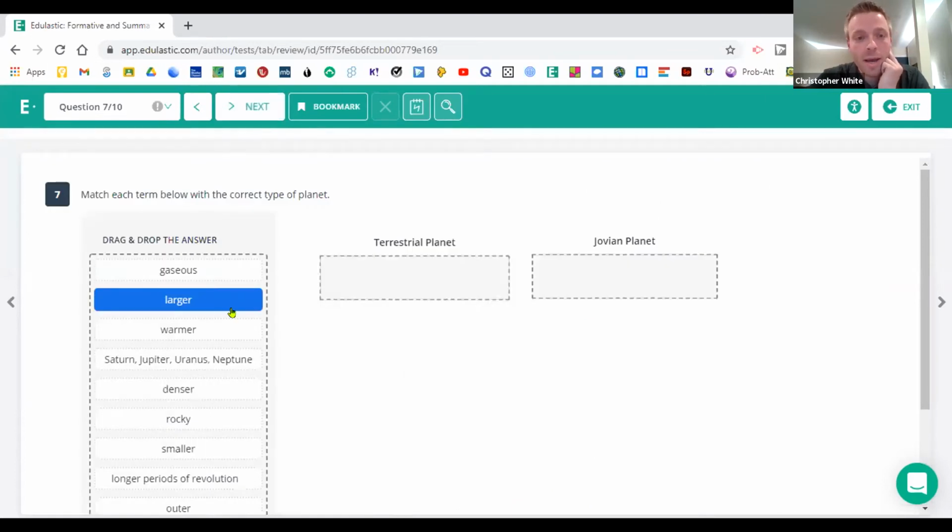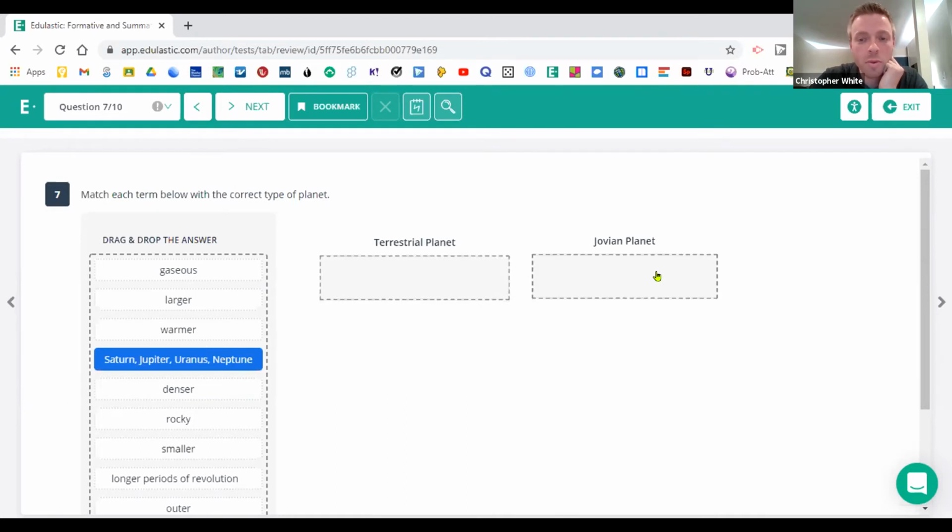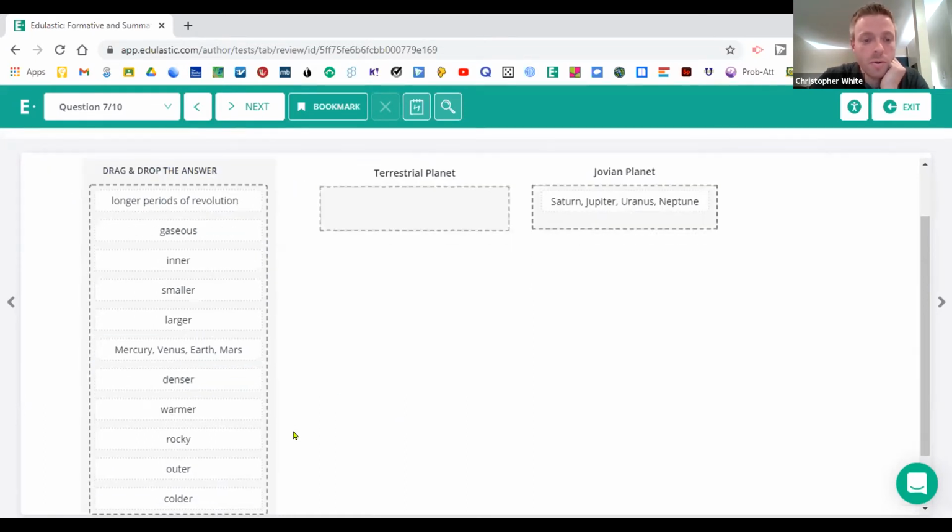Let's see, this one I put together was labeling and categorizing terrestrial planets versus Jovian planets. So they were able to drag and drop and group as a way to show what they understand. Students are often a lot more engaged when you do this kind of question. They're able to label a bunch of them correctly, but show some gaps in their understanding in just a few areas. And so it does pull a larger way of assessing the students than just picking A, B, C, or D.